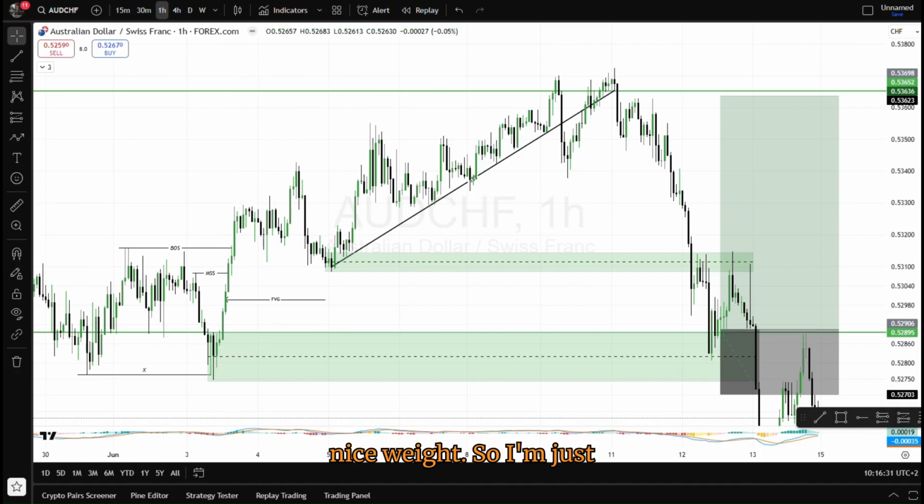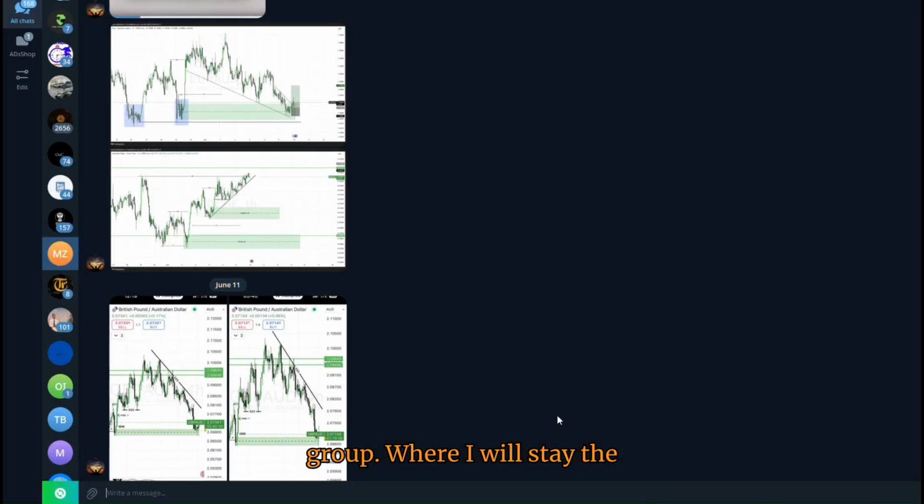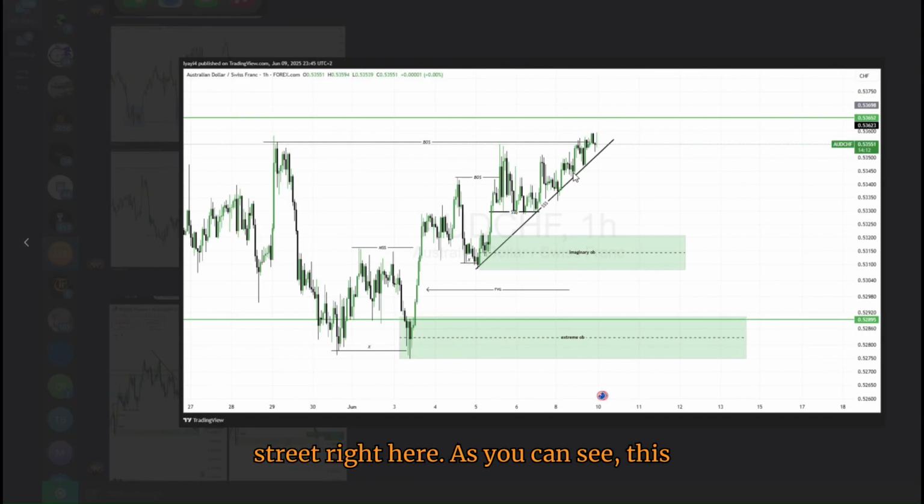So I'm just gonna be switching to my Telegram group, where I posted this trade right here. As you can see, this is the trade I took. This is what hit stop loss. We have a liquidity sweep right here. We have this imaginary order block,